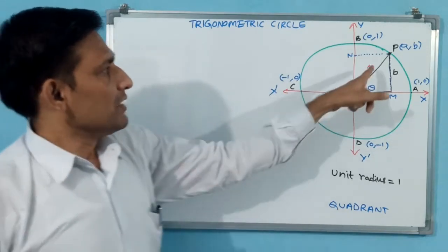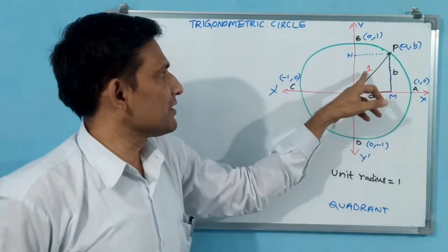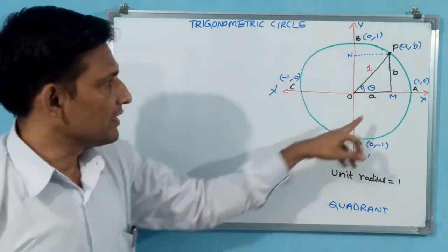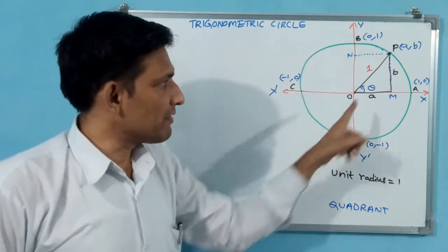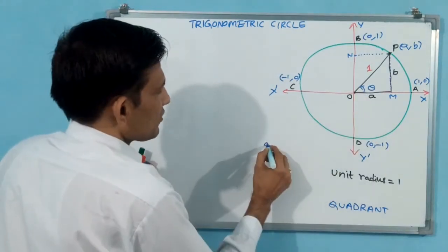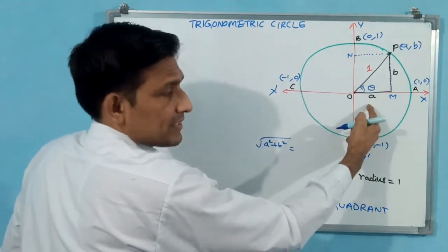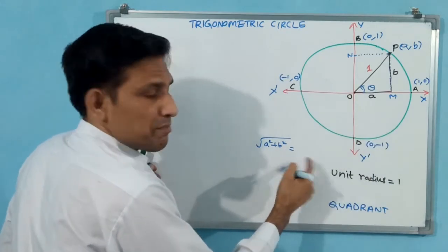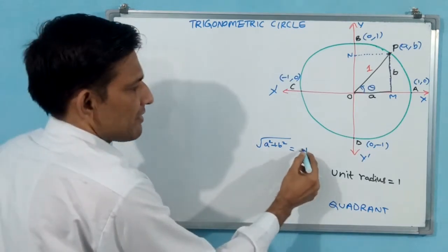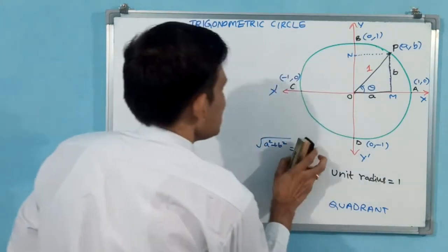Now you tell me, like this the coordinate here has a minus, so will the radius also become minus 1 here or here or here? No, it is never going to become minus 1. Why? Because see, how does the hypotenuse come? Square root of A square plus B square. Even when you have a minus, it is going to become plus, and the hypotenuse will always be positive only. That you have to keep in mind. It never comes minus, it always comes positive only, the hypotenuse. Okay, keep that in your mind.